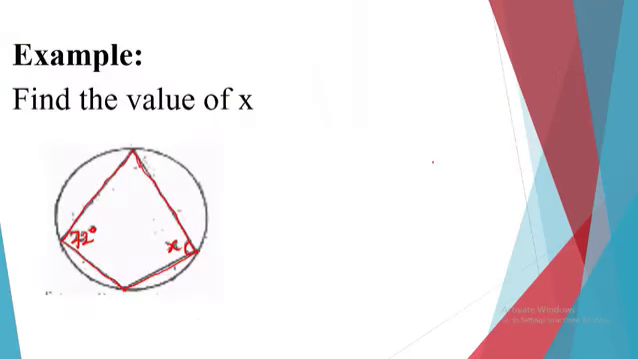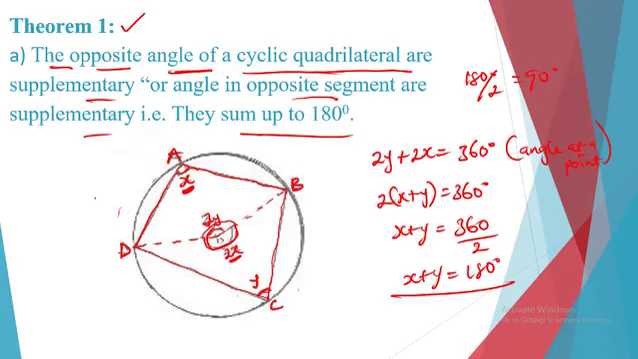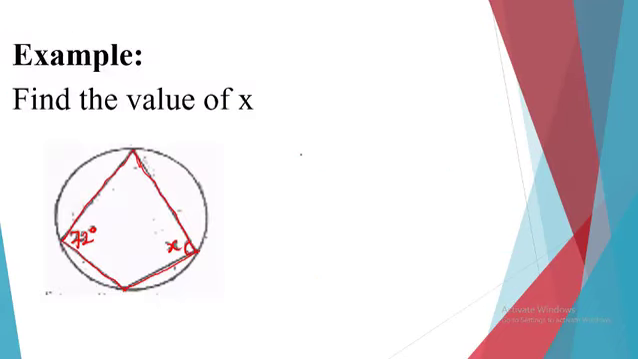Okay, example, find the value of x. We're asked to find the value of x here. From the question, I told us that the opposite segments are supplementary. Opposite segments in a cyclic quadrilateral are what? Supplementary. That is, they sum up to what? 180. So that means that 72